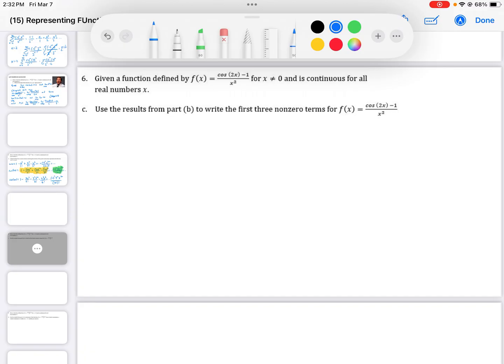Okay, use the results from part B to write the first 3 non-zero terms of that. All I need to do here is divide. I need to take what I had, cosine of 2x, that was equal to 1, and reduce it now: 1 minus 2x squared plus 2/3 x to the 4th minus